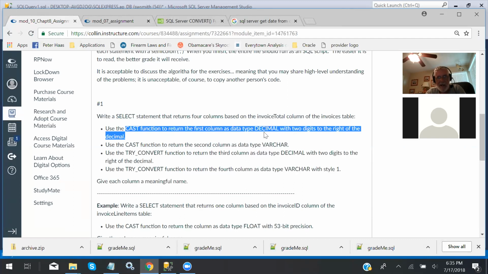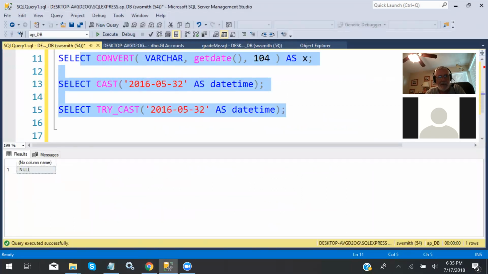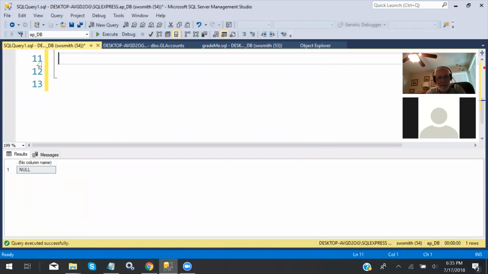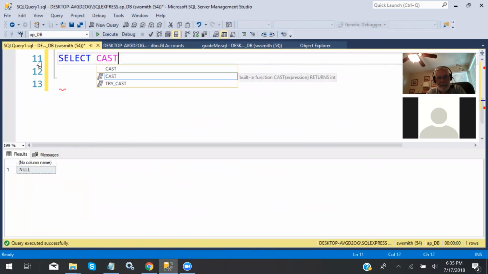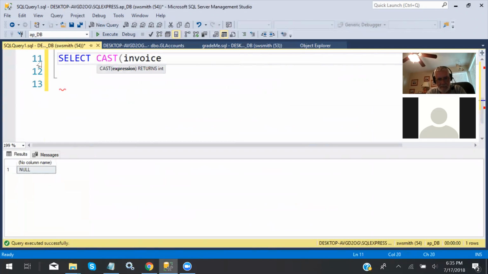So I have to give it enough for everything and then put a comma 2. So let's see, invoice total based on the invoices. Let's do the first one. So select cast invoice total as